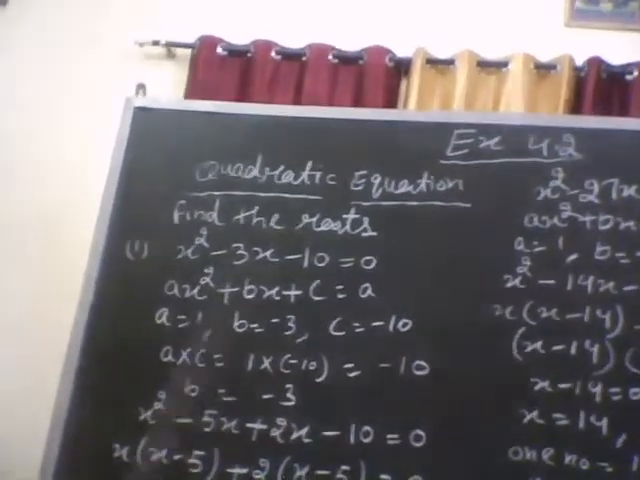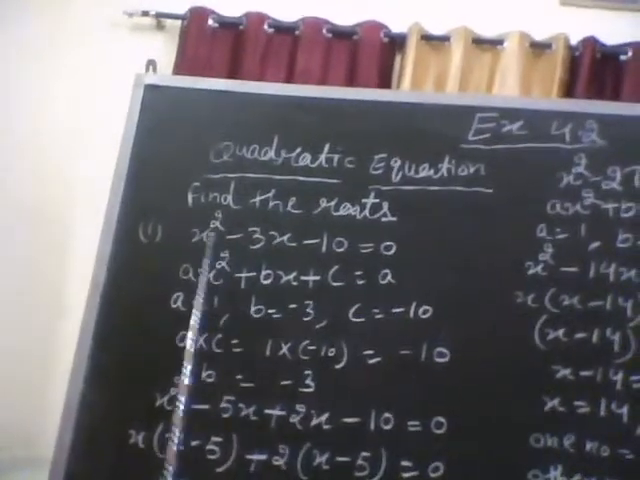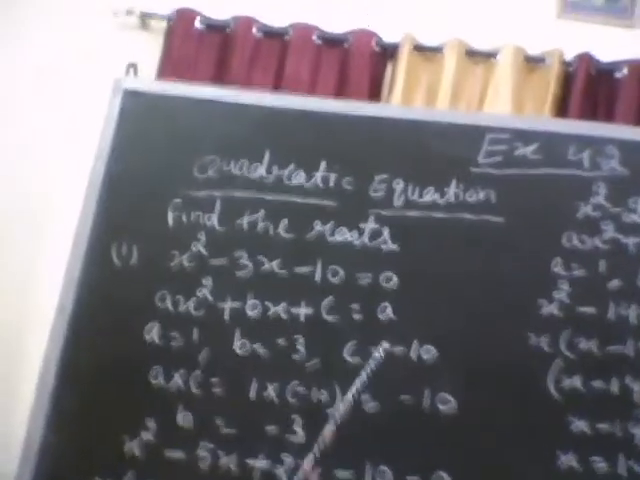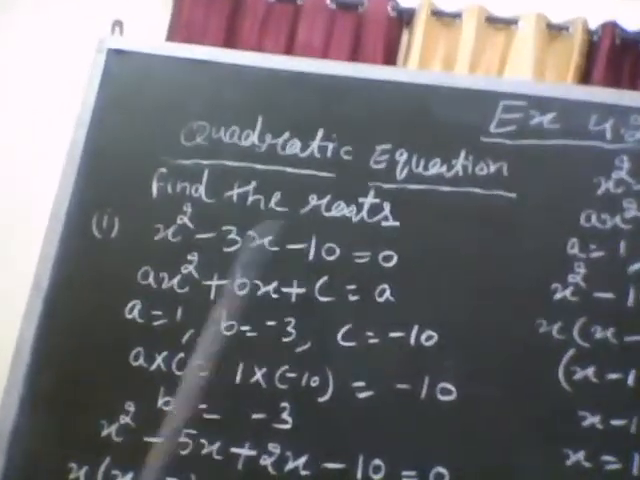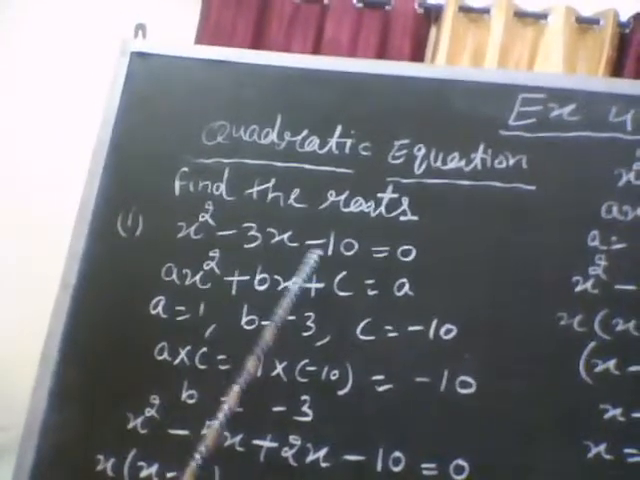In this we have to find out the roots of the quadratic equation. We can find out the roots of the quadratic equation by three methods. Now, in this exercise we'll find out the roots by splitting the middle terms. See, this is the first part. The equation is